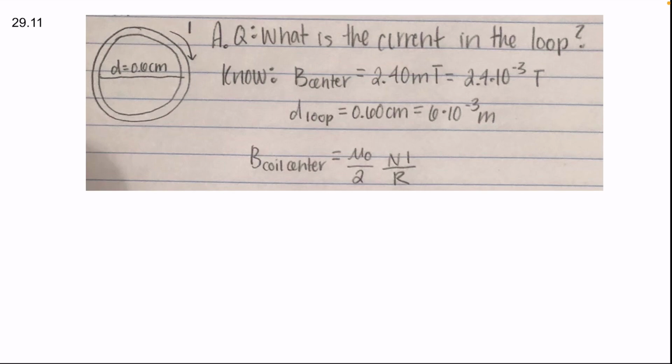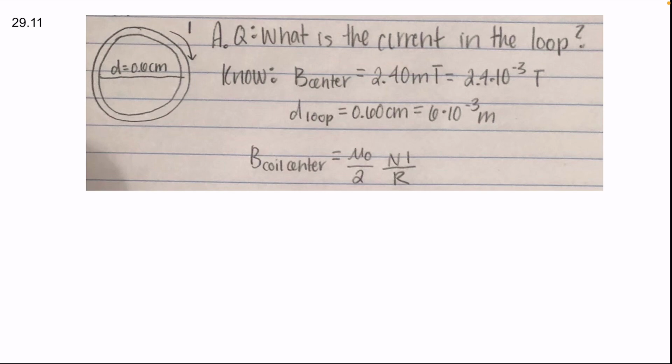So our book gives us essentially the equation for what that magnetic field strength is at the center of a coil, which is mu naught over 2 times N times I over R. That mu naught is just that constant. I believe it's the permeability constant. And N is the number of loops. So in this case, for us, it's just going to be 1. And the other stuff is, for example, R is the radius, and I is the current,